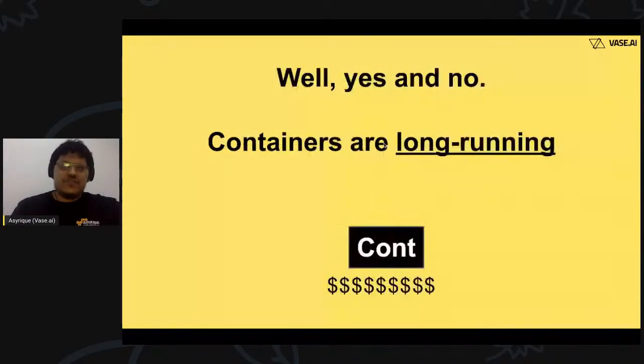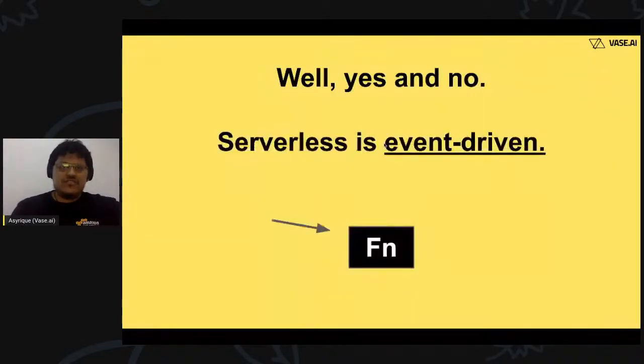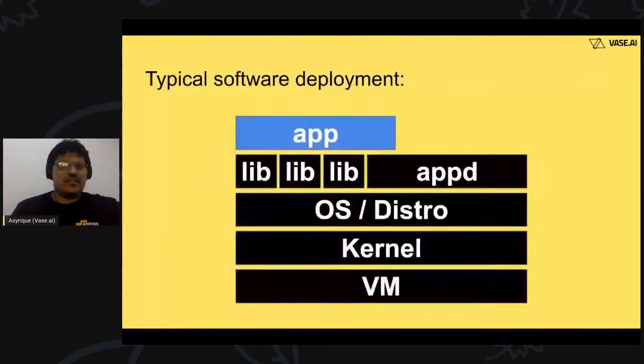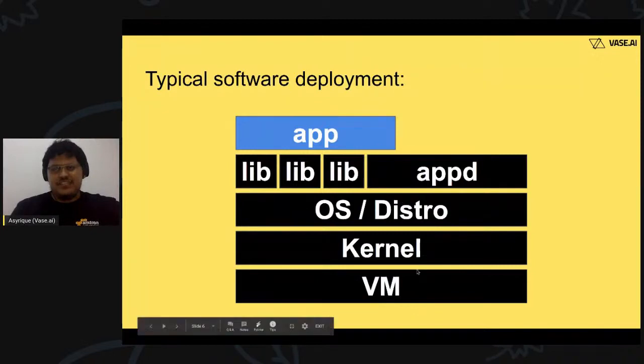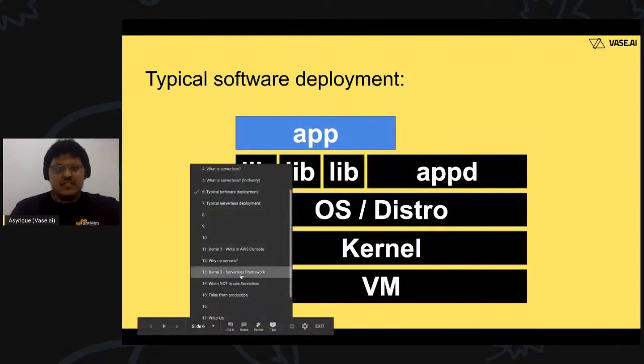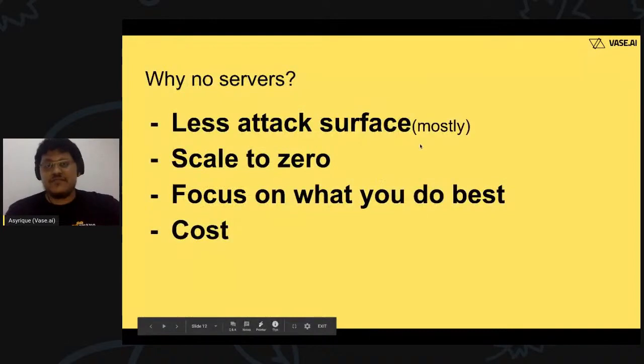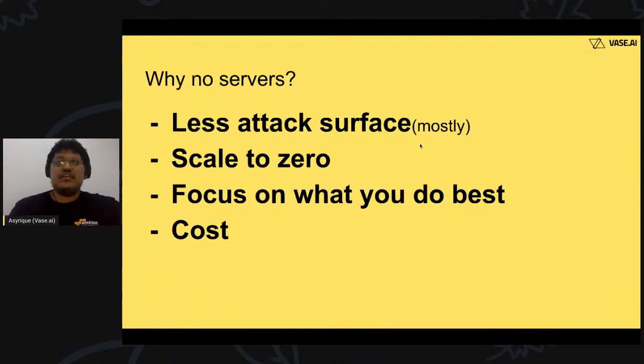So if we were to go back to the structure of how an app is here, all of this is now managed by you in a traditional software deployment environment. However, in a serverless environment, those are not managed by you. They are managed by the cloud provider. So if a vulnerability comes out in OpenSSL, for example, that's on AWS to update it as quickly as possible. So you don't need to worry too much about that.